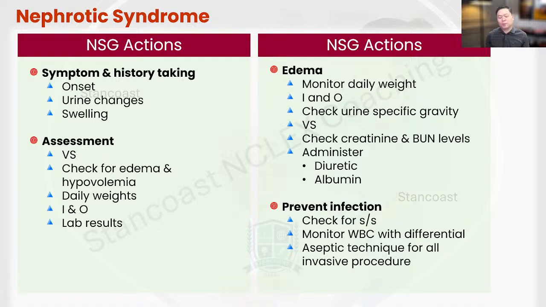Or let's say you are putting in a new IV, or you're changing the central line dressing, you need to observe aseptic technique when you're removing the old dressing and also when you are applying the new dressing. This is something that you need to do in order to prevent those opportunistic infections from coming